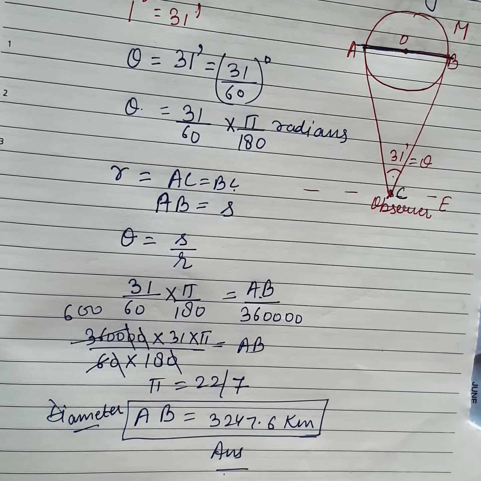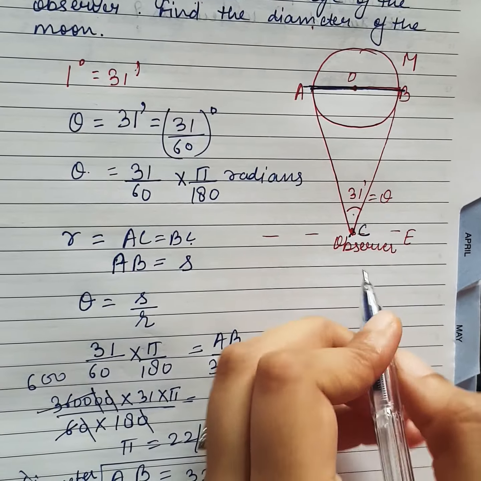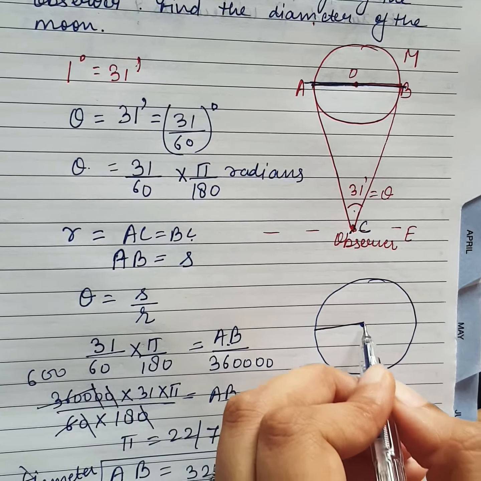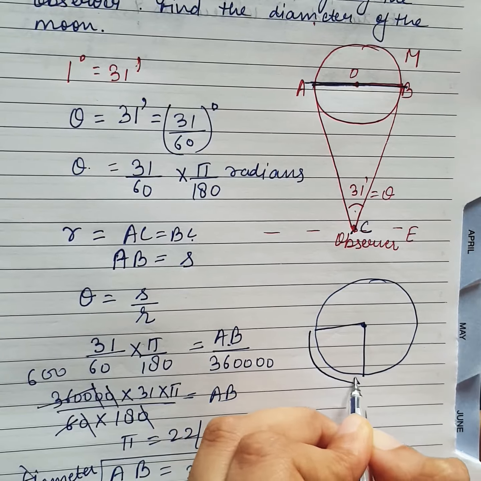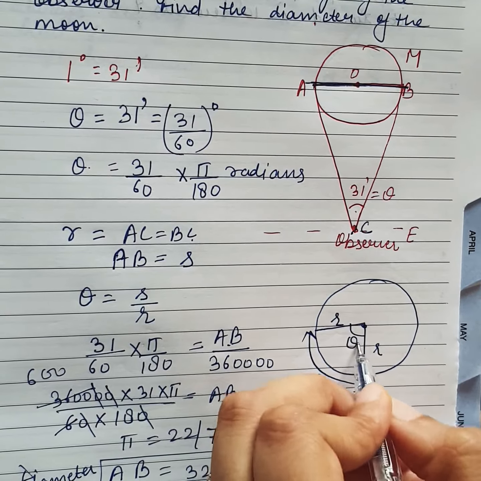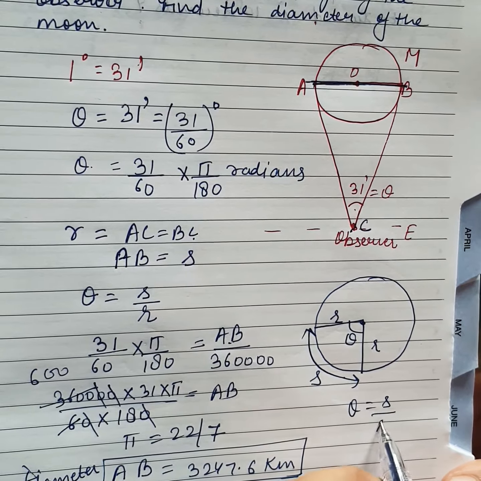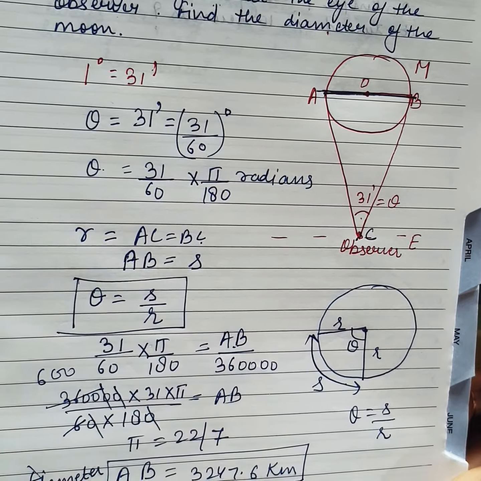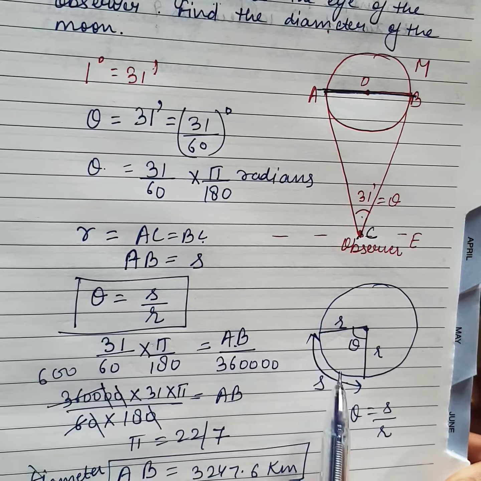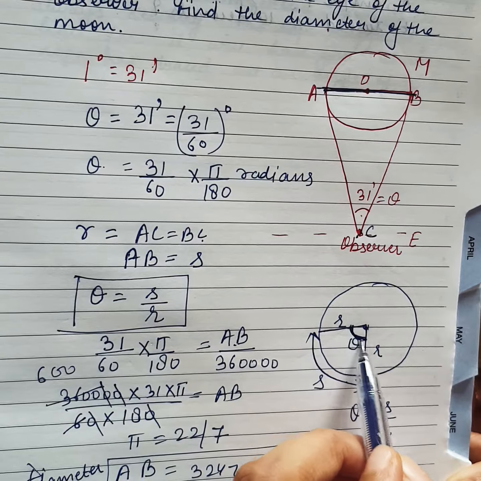Now, I guess you still have a doubt. First of all, because you have not seen the previous video, what is arc length here? Arc length is basically the length of the circumference, where we have the radius and this is theta. Comparing to the previous question, in this case theta is S upon R, which is the formula we used in our actual question. But here you might be thinking AB is not an arc length. Consider the cases, theta is the angle that lies between the radii.